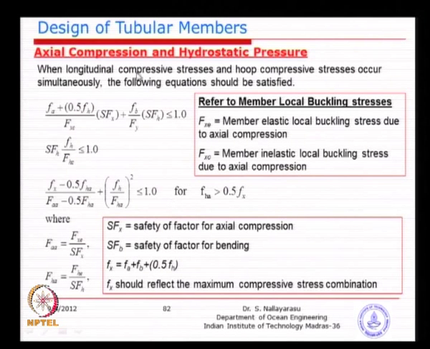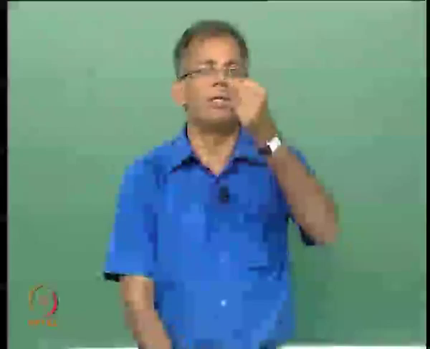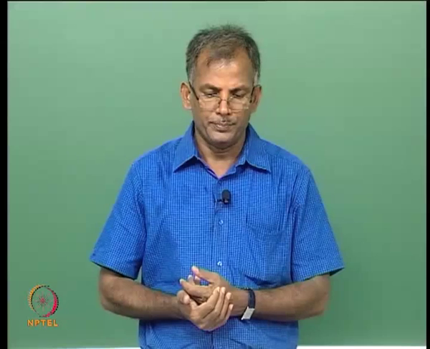And then the third formula, basically whenever the FHA is greater than 0.5 Fx, which FHA is defined here. So, it is just a sequence of checking required to make sure that both compression and tension effects are checked with respect to combining hoop with the axial loads. Most important is that tension will create more problems, while compression may actually cancel the effects, because the cylinder tries to expand, whereas the hydrostatic pressure is trying to act opposite.